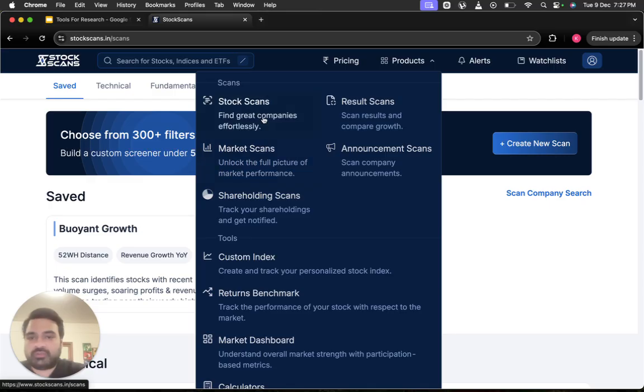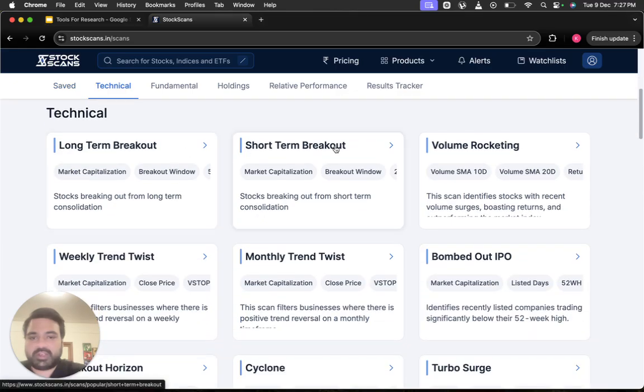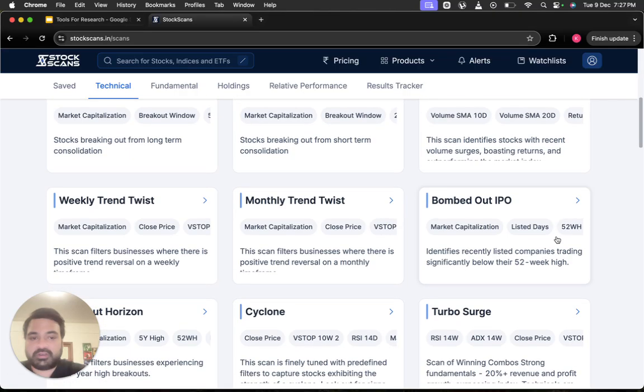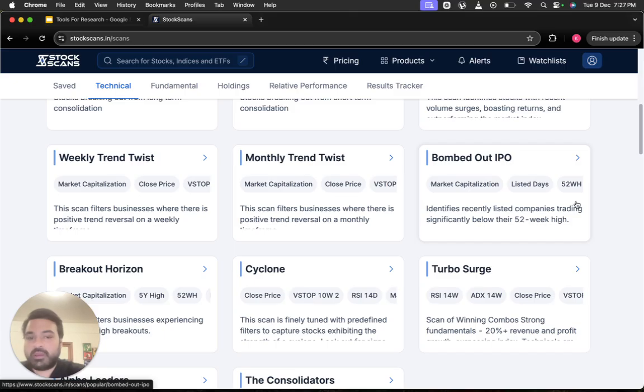So you can scan stocks like Screener. You have some pre-made scans here. You can scan for stocks based on growth, based on technical parameters like long-term, short-term breakouts, volume rocketing, trend twists, bombed out IPOs. Bombed out IPOs is a great mental model that SOIC named, explaining how companies are listed at very rich valuations, and just after listing, usually the hype subsides, and the companies also aren't used to dealing with the realities of being a public company and the scrutiny and quarterly performances you have to deliver.